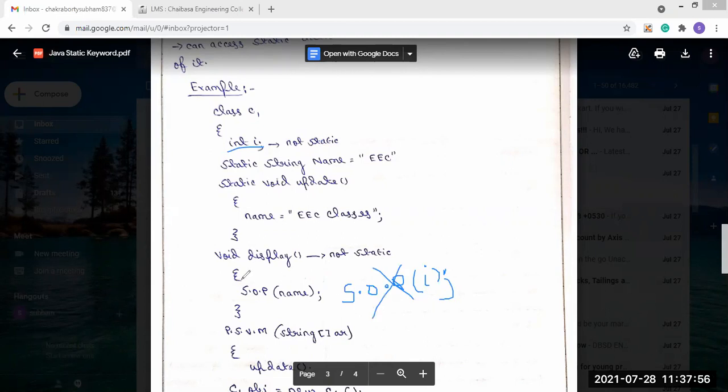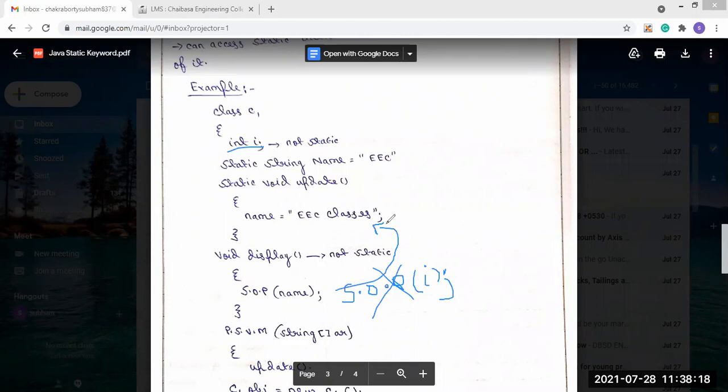Let's say it will be inside here. If we write System.out.println(I) inside the static void update, it will not work, because then that time it will show the compile time error.